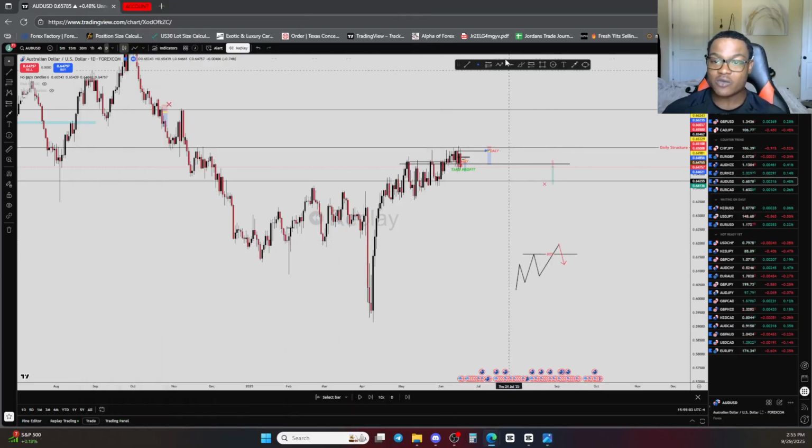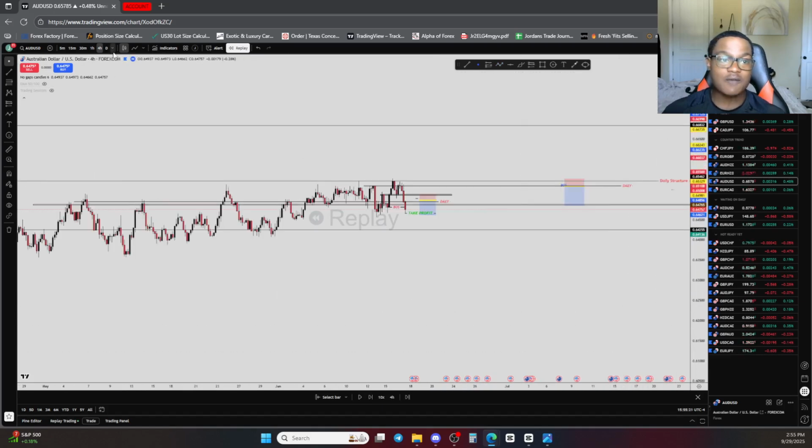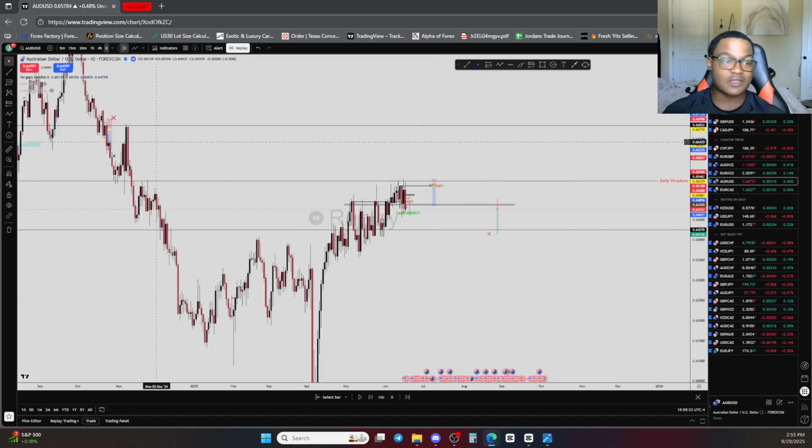So after I saw this setup, I then wanted to see some type of pullback back towards this area of interest, solidifying it as resistance, show signs of rejection, and then continue. So my thing was, now after I saw price have this beautiful dump underneath my zone, I dropped towards the 4-hour time frame. On the 4-hour time frame, and actually before we even get there, let's go back towards the daily,